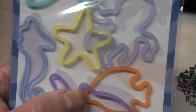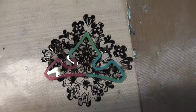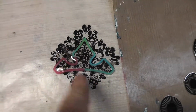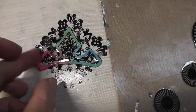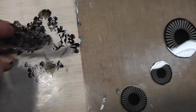I use it with tar gel and the self-leveling gel by Golden, and you can pour that in there and it doesn't stick to the band, so you can get a shape out of it. So what I did here was this is again the non-stick craft sheet with just a stamped image in black, and then I poured the resin in one of these silly bands, and oh yeah, it's not sticking. So you can just pull up the band, and then you can pull off, I'm trying to do this one-handed,